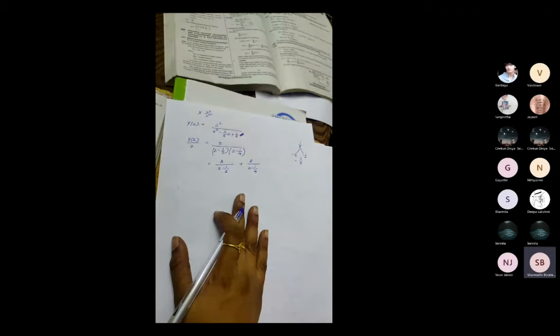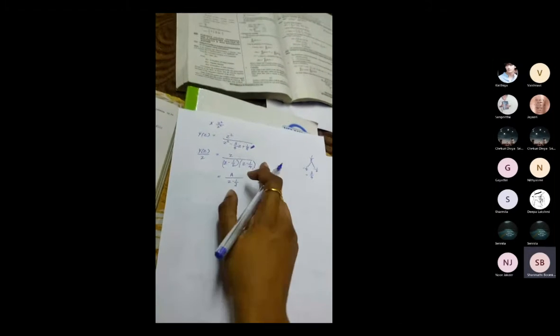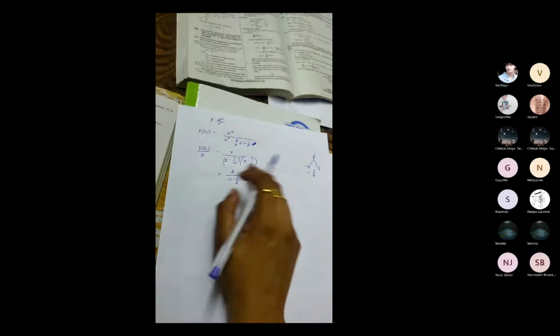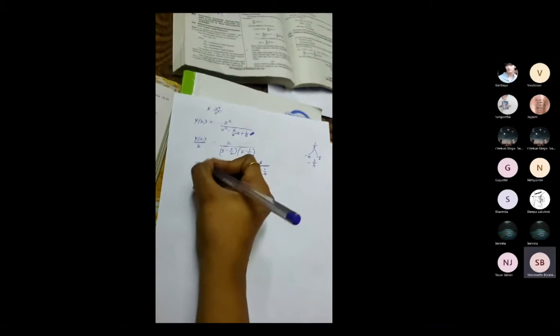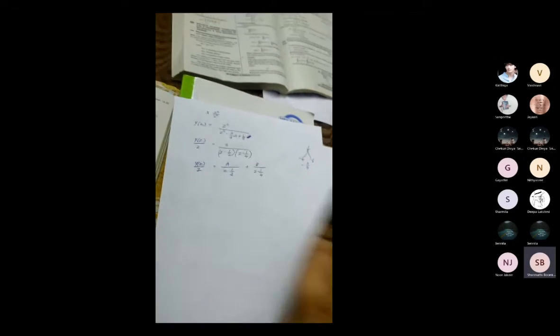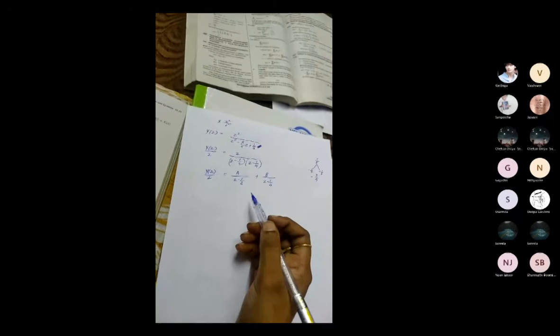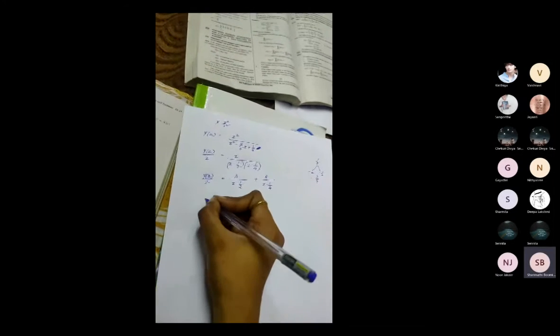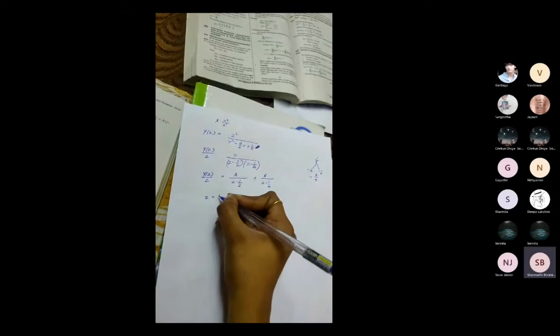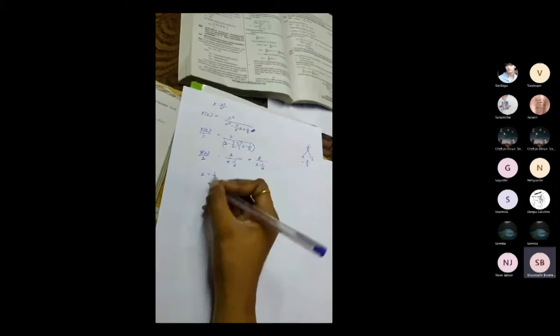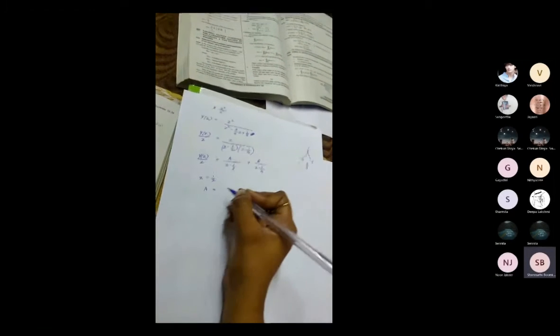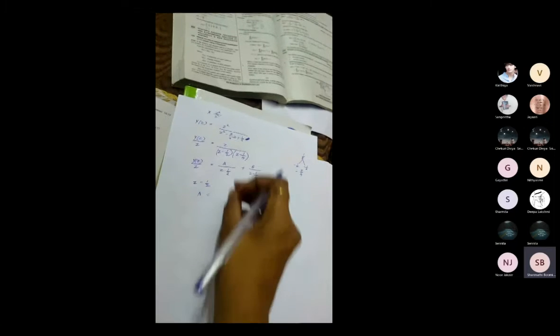Okay, for this you have to find out your A value and B value. Normal LCM also you can take. Okay. Find out your A value and B value and tell me the answer. So first I am going to assume the Z value as Z equal to 1 by 2. So A will be equal to, by residue method also you can find out your A value and B value.